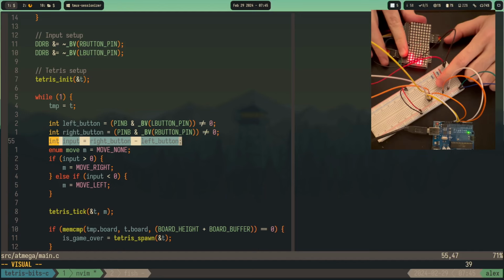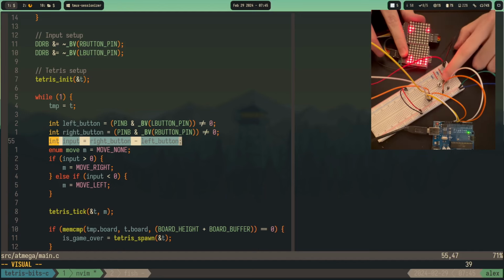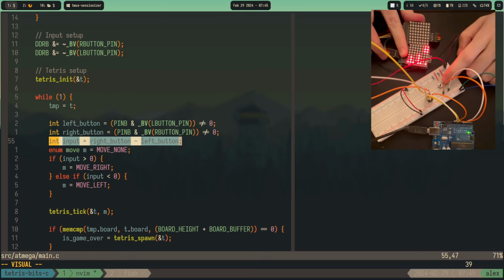So yeah, that would be my idea of how to fix that, but it still works, right? But yeah, you just have to synchronize the input with the FPS, and it's better when you have a higher FPS, obviously. But yeah, also the other thing would be to have some way to